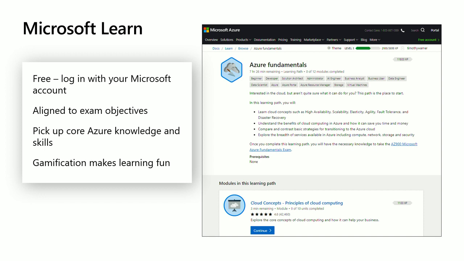Microsoft.com/learn. It's the Azure Fundamentals course. It's fantastic. It really is. It's aligned directly to the exam objectives, and each part of it literally maps to the exam ODs. This is what I meant earlier when I said it's pretty much all you need. And it's free, too. There's literally no charge. You sign in using your Microsoft account, and there's a gamification thing where you can earn experience points if you're into that kind of stuff. I am. And it's really great.